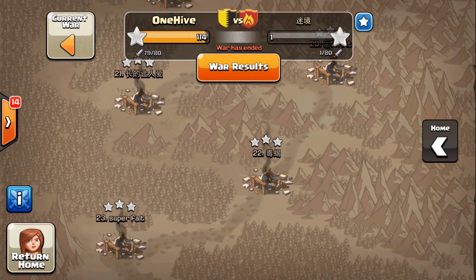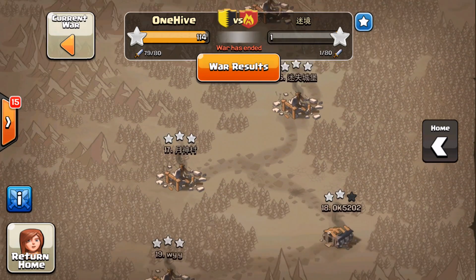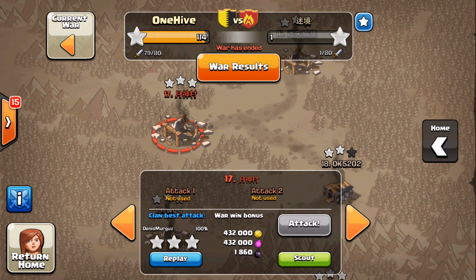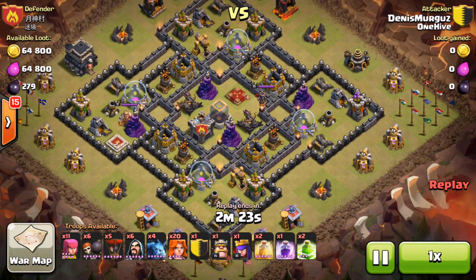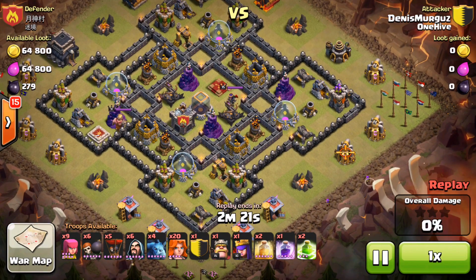The last one we're going to look at is just sort of a fun raid. Everybody in the clan really enjoyed this one, and I did too. It was by a Town Hall 10 attacking a Town Hall 9, but the cool thing about it is I think a Town Hall 9 could have done this. He does have 5 spells and a